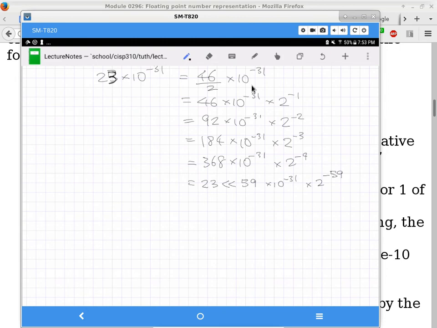Yep. How did we get to the 59? Because 23 has a bit pattern that needs to use exactly 5 bits. Okay, so it's 64 minus. Yep, 64 minus 5 is 59, so we need to pad 59 zeros, and every time you shift ones to the left, you're padding one 0. So we have to shift in 59 zeros in order to fill in the entire thing.